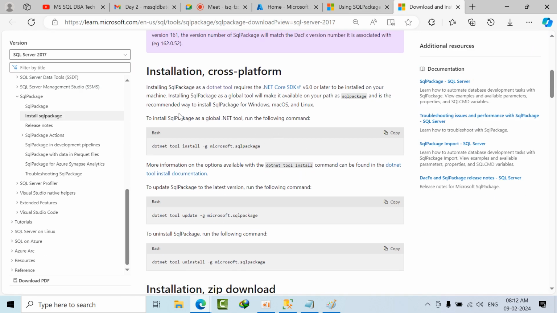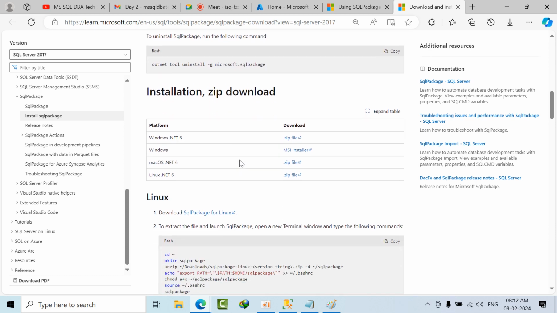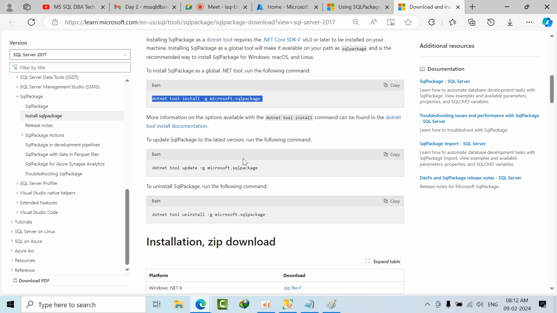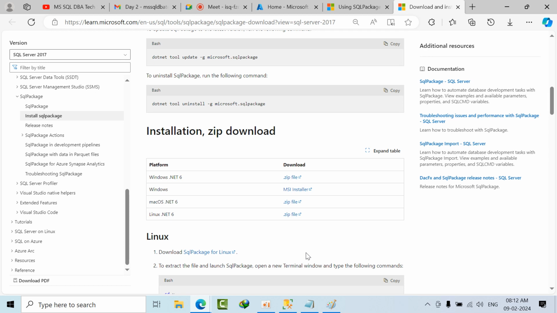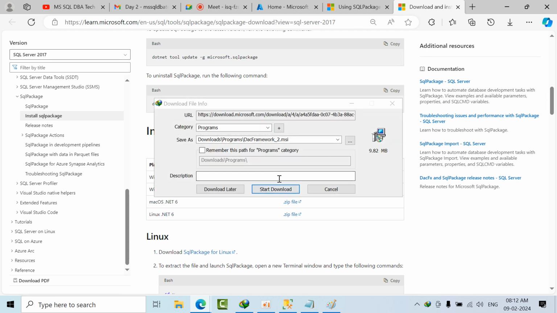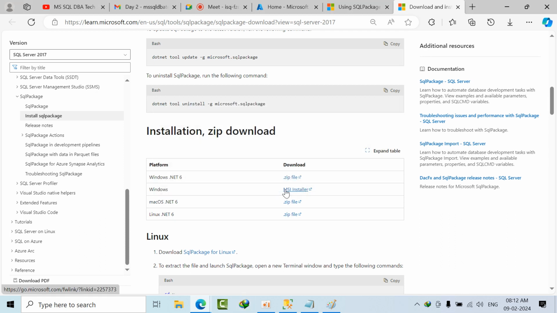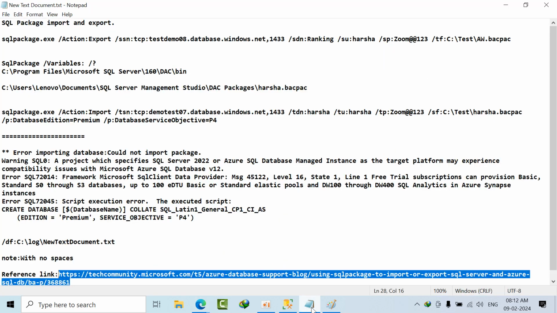So here we have a .NET tool. It means if you want to use the command prompt, you can install that .NET tool. But as of now we are not aware of all that; it is out of scope for DBAs. What is in our scope is the MSI installer. Just click that installer. As of now I have already downloaded it. Once you download that, where I need to go is